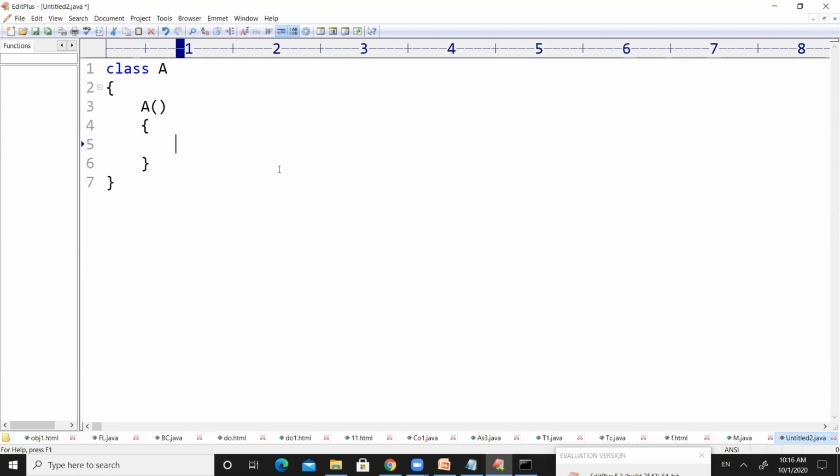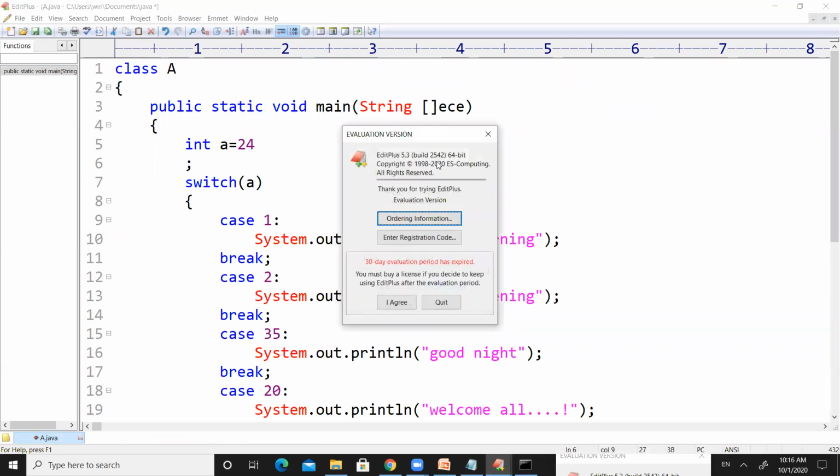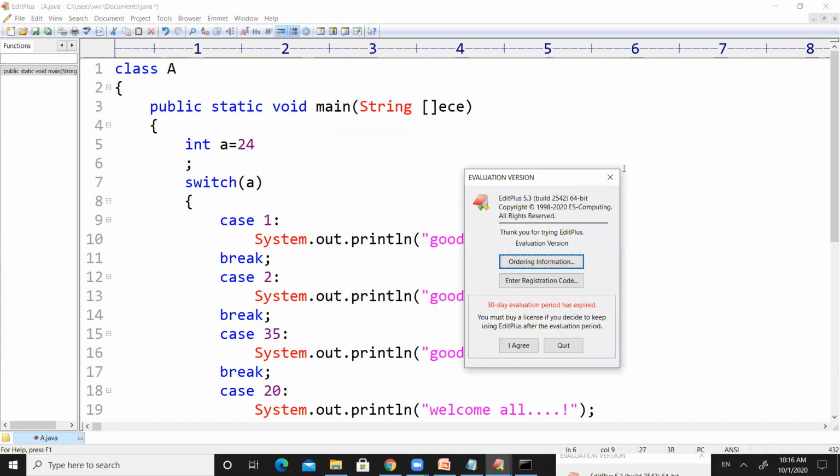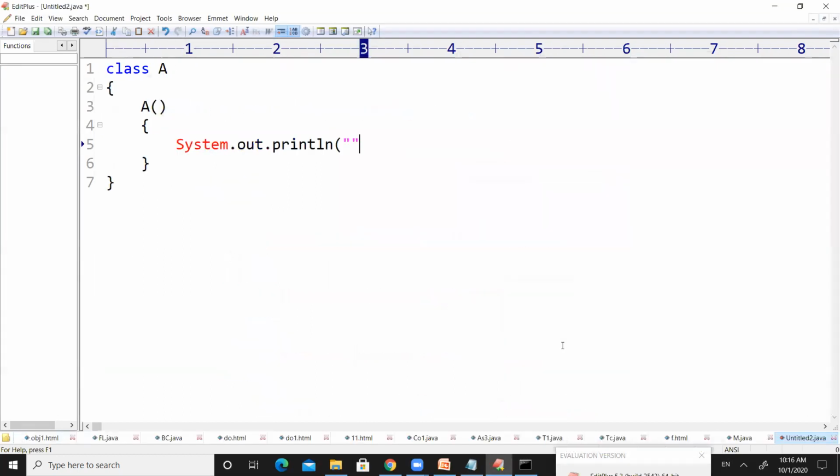So what this constructor will do is it will print, System.out.println, for example, electronics. It will print electronics.